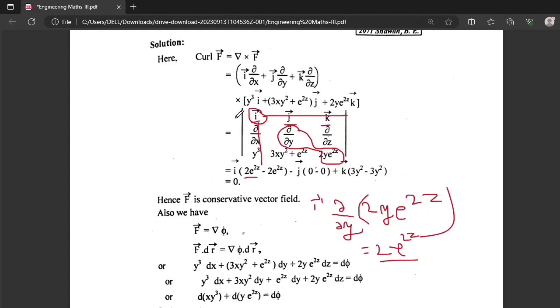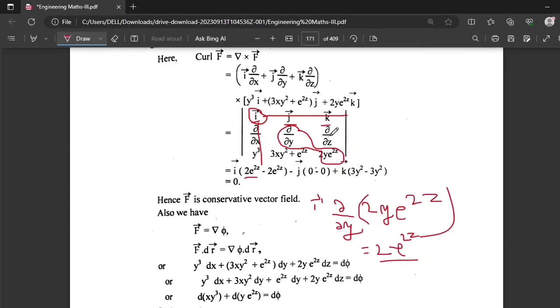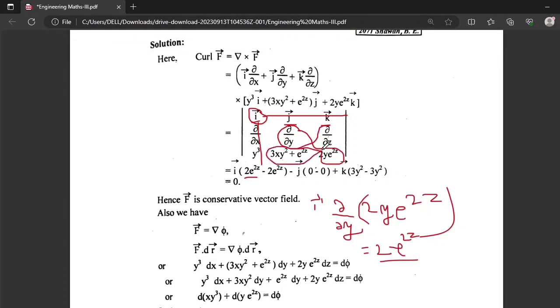minus this, so it is del by del z of this. So here is no z, so derivative of constant is 0, so there is derivative of e to z with respect to z, the coefficient of z, that is 2, will come, and remaining will be as it is, e to z. So this and this cancels,